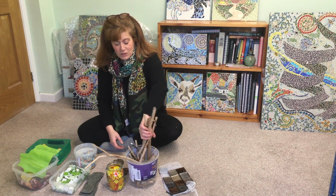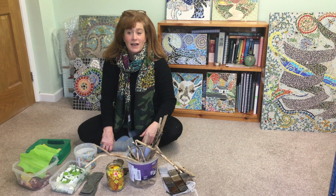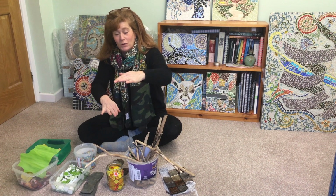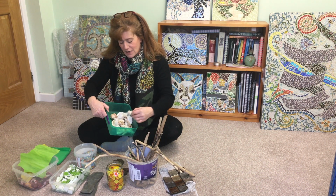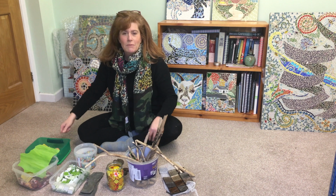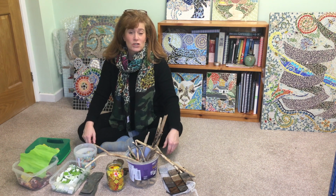I think with mosaics you're wanting to look at texture and colour and different depths as well. It doesn't need to be totally flat, it can be all up in one part and low in the other. It all gives a good effect. Got a box of shells there, they look good as well if you're doing a seaside scene or something like that. So that's just a little example of the kind of tiles you can use to make a mosaic,